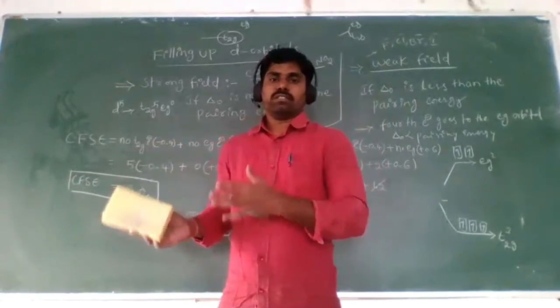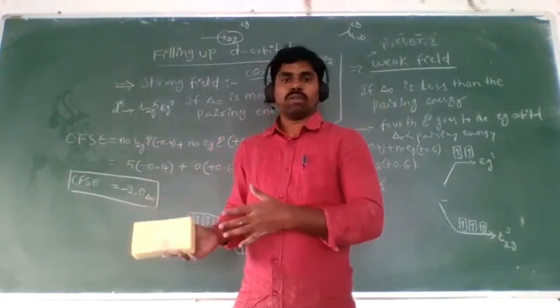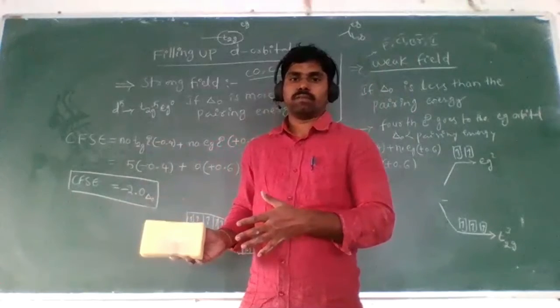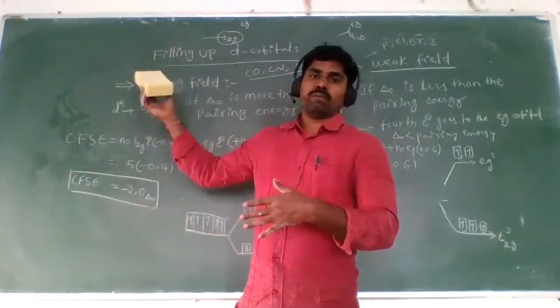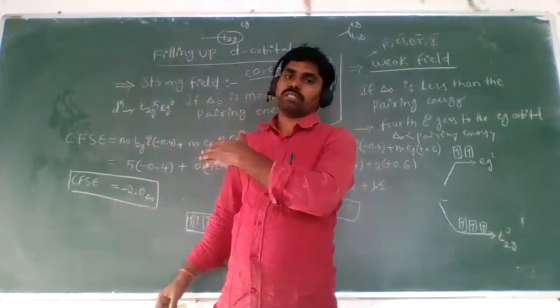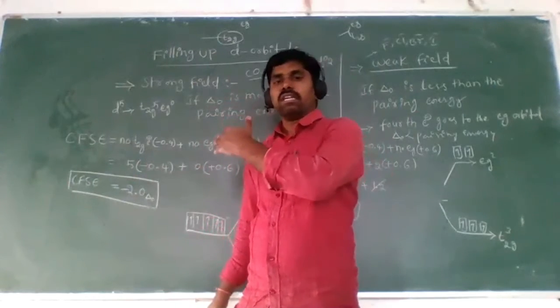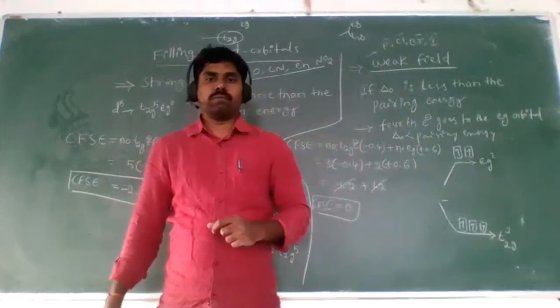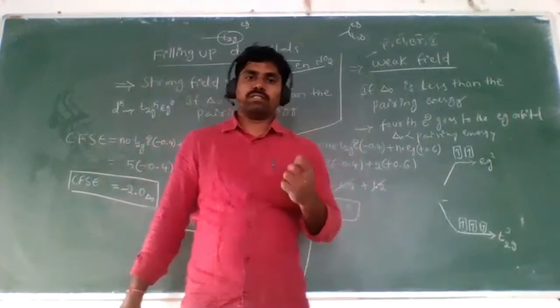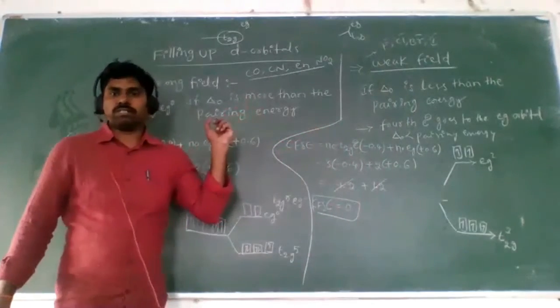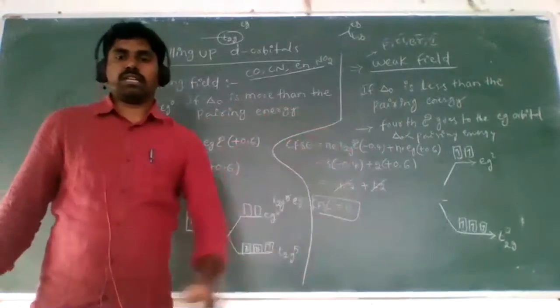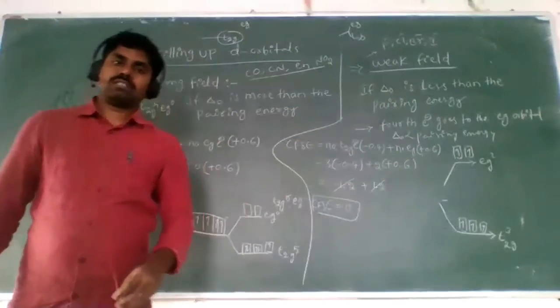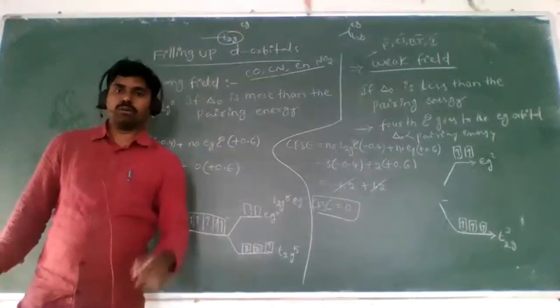The 6 electrons fulfill the T2g. After that, the EG orbitals are filled. They are dxy, x square minus y square, dz square. It is a clear small difference. So remember and keep in mind the difference between strong field condition and weak field condition. I hope you understand. Okay. Right.